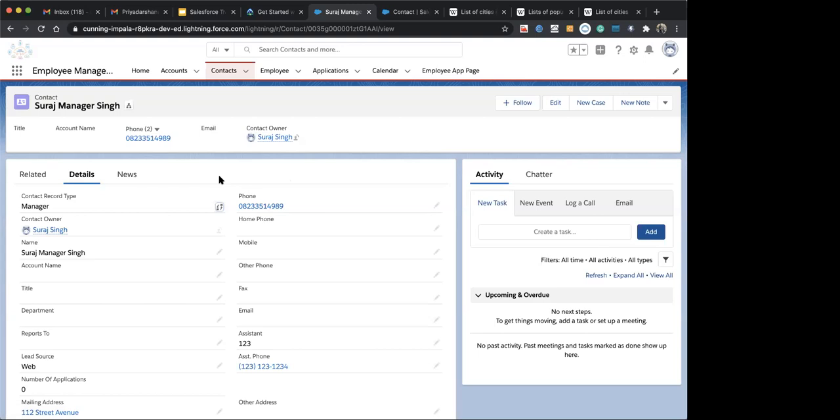Record type is quite confusing. I think you will ask questions about it because it's a quite confusing topic. But once you understand that thing, it's very easy. I think it will be better understood when you do additional homework and complete Trailhead trainings. When you are working on that, you will understand it better.